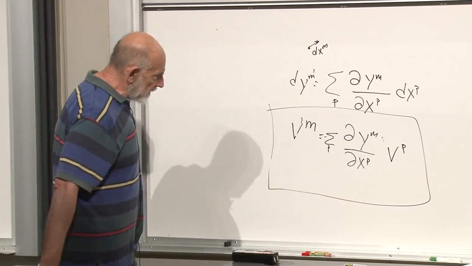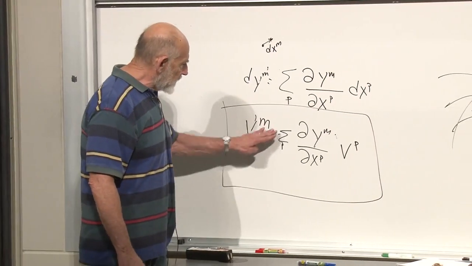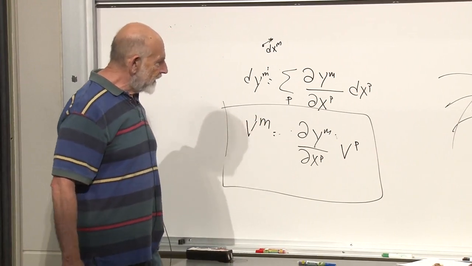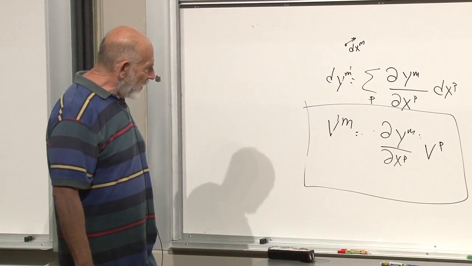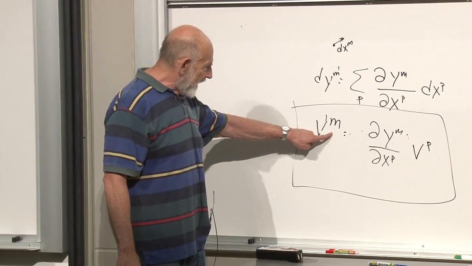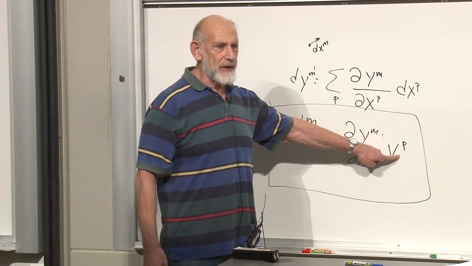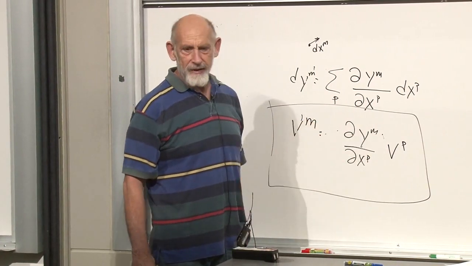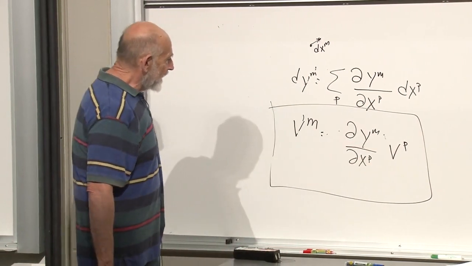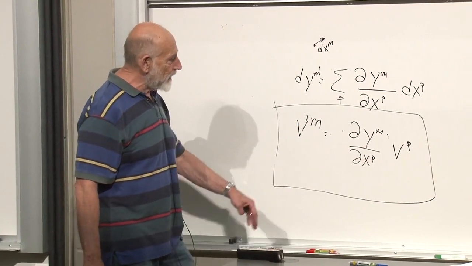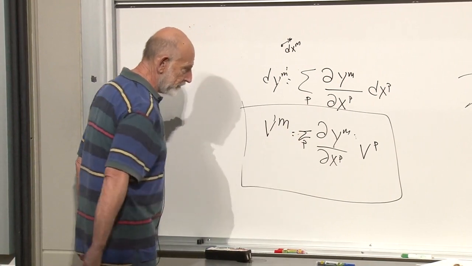Now, one of Einstein's great discoveries was that you can leave out the summation sign here, and people will figure it out by looking at the equation and say, oh, wait a minute, this side has no p, this side has p's, this equation doesn't make sense, what do I do with it? Well, it really means you sum over p. Whenever there's a repeated index like that, that doesn't make sense from the left side of the equation and it appears on the right side of the equation, it really stands for summation over that index.